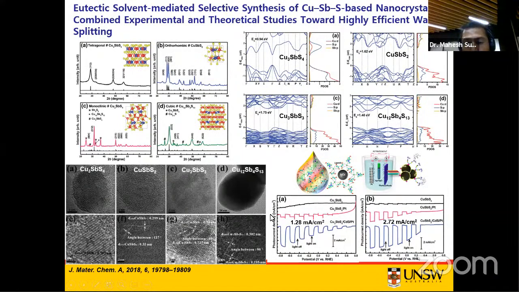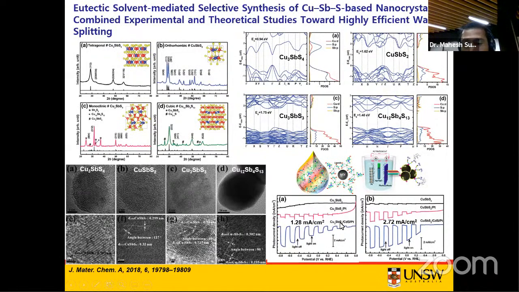So in order to improve the photocathodes as well as the stability, we put platinum as a catalyst on top of this Cu3SbS4 as well as the CuSbS2, and we observed a slight increase in the photocurrent density in both photocathodes. However, the increment in the photocurrent density was not drastic. What we did next is that we employed an n-type layer, that is CdS, in between this copper antimony sulfide and the platinum, to form the p-n junction between the p-type Cu3SbS4 and CuSbS2 and the n-type CdS.